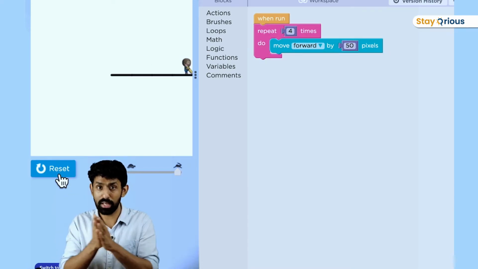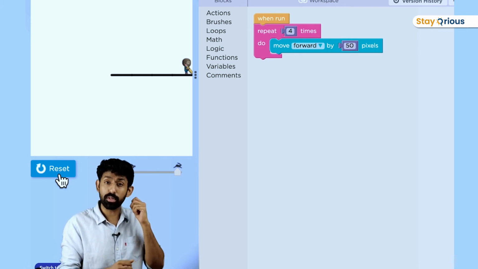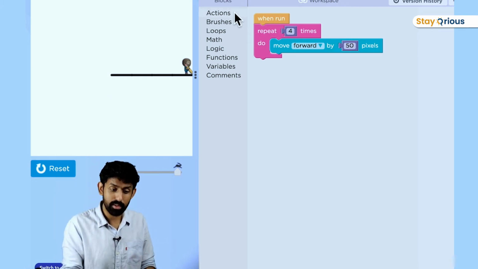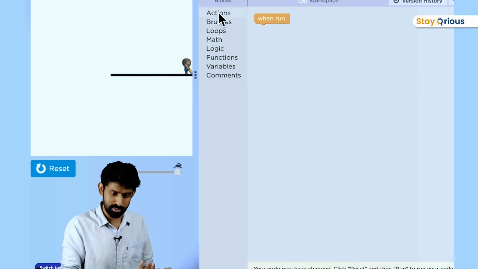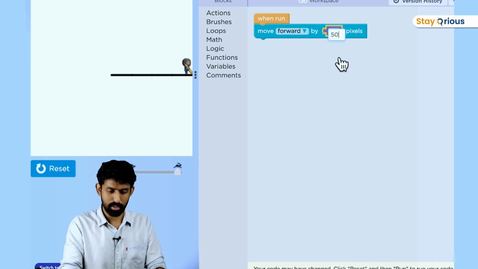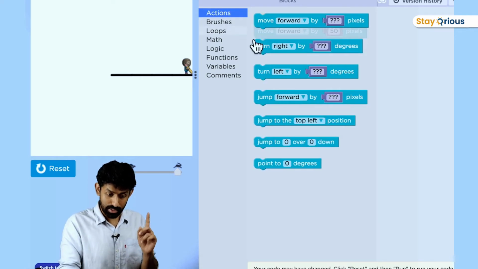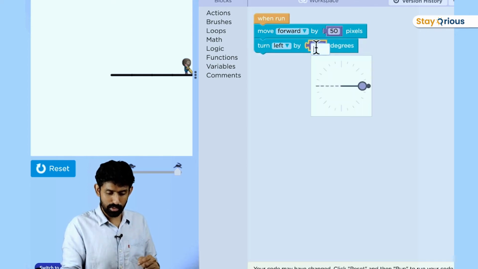Exactly what we thought will happen, right? So what should I have done? I should have also put a turn, right? Let me do that. Let me actually get rid of the repeat, but I want to find out what the exact pattern here is. Because I know that if I move forward by 50 steps or pixels, and then if I turn left, because I'm trying to draw the square upwards, then I have to turn left by